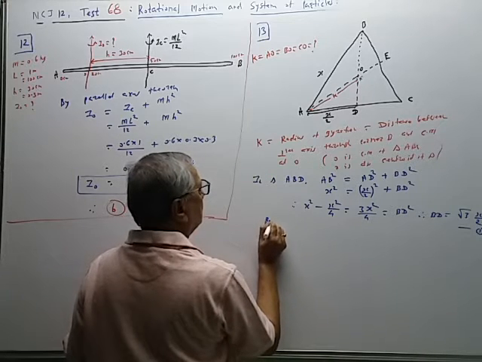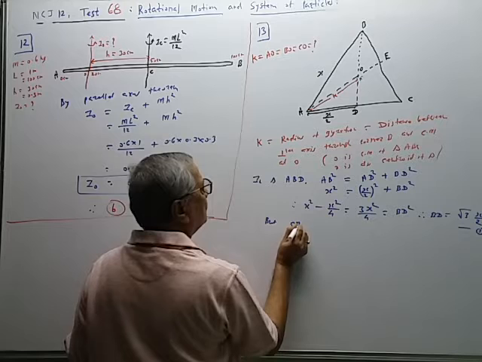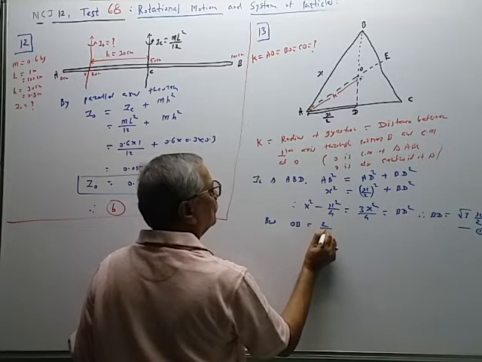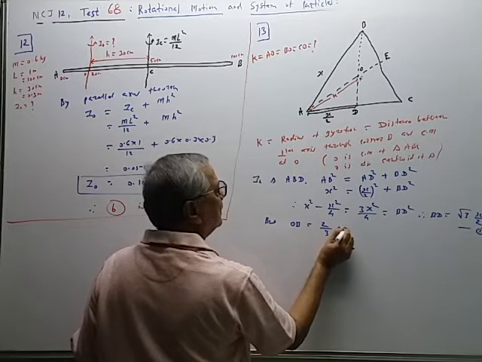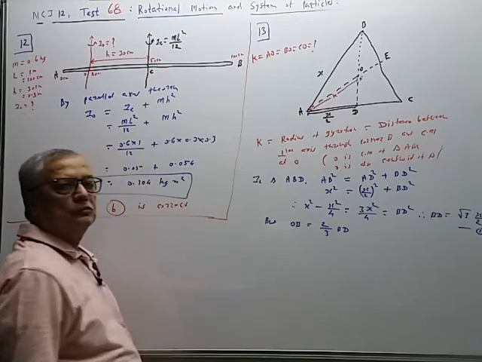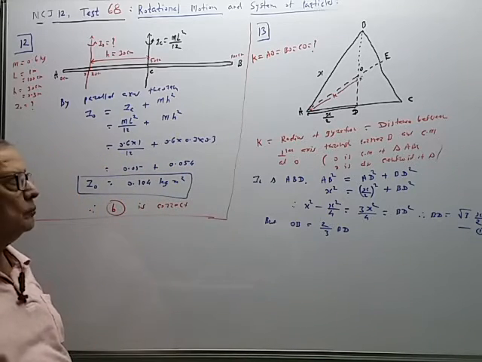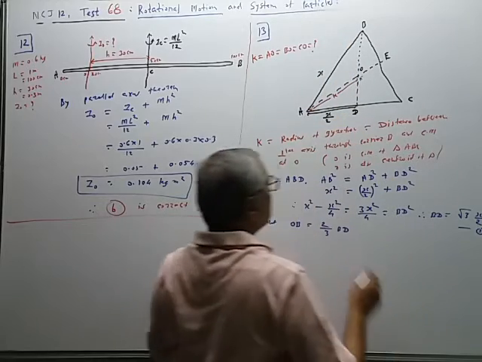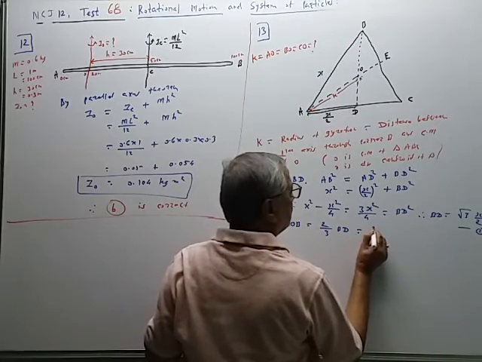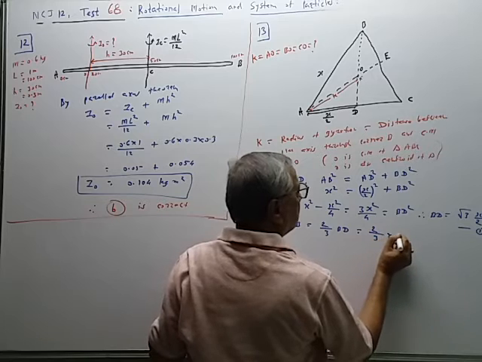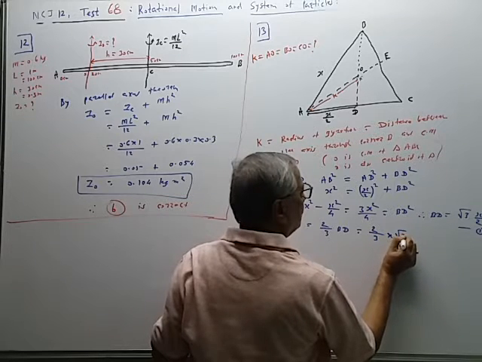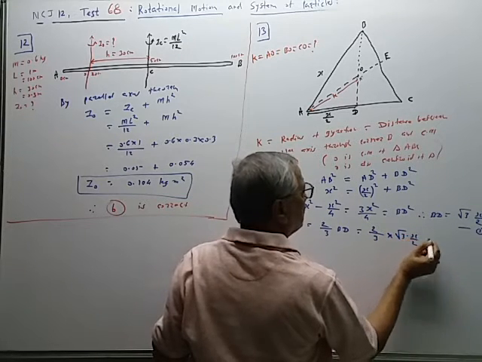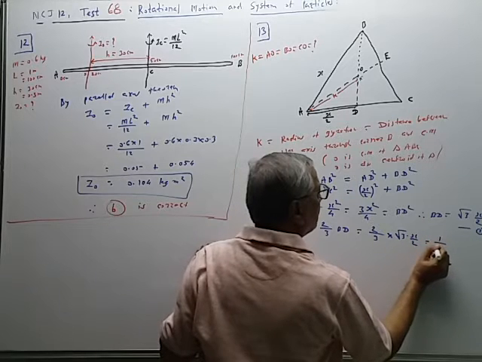But OB is equal to 2/3 of BD. We know this property from geometry. This distance OB is 2/3 of this total distance BD. So this is equal to 2 by 3 multiplied by root 3 x by 2. The 2s cancel. So 1 upon root 3